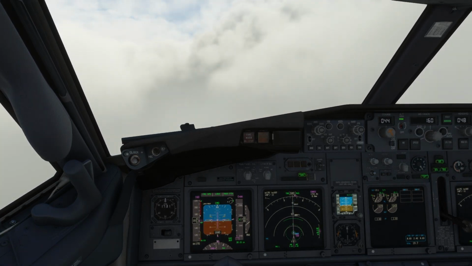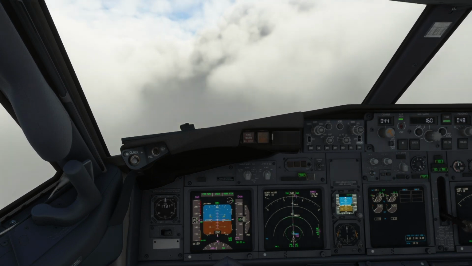As we approach the final approach fix, we can check the gear is down, the flaps are set, and verify we are in VNAV path.